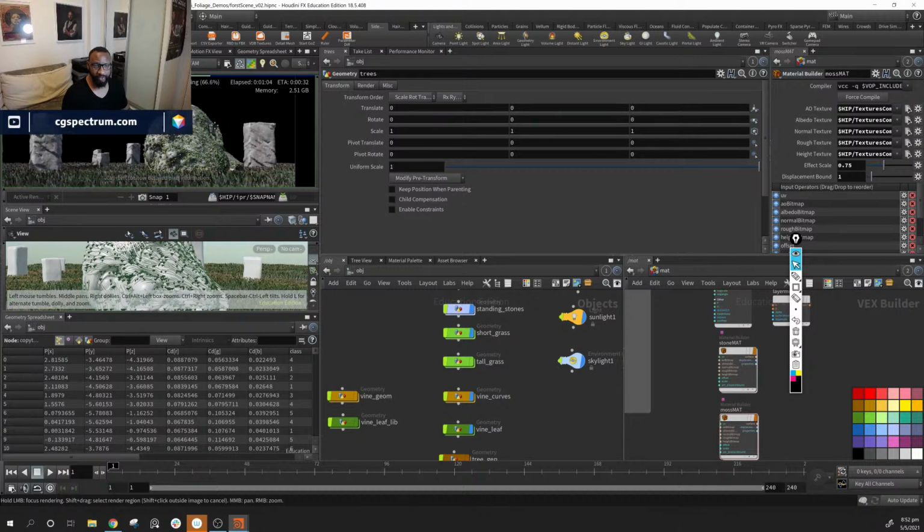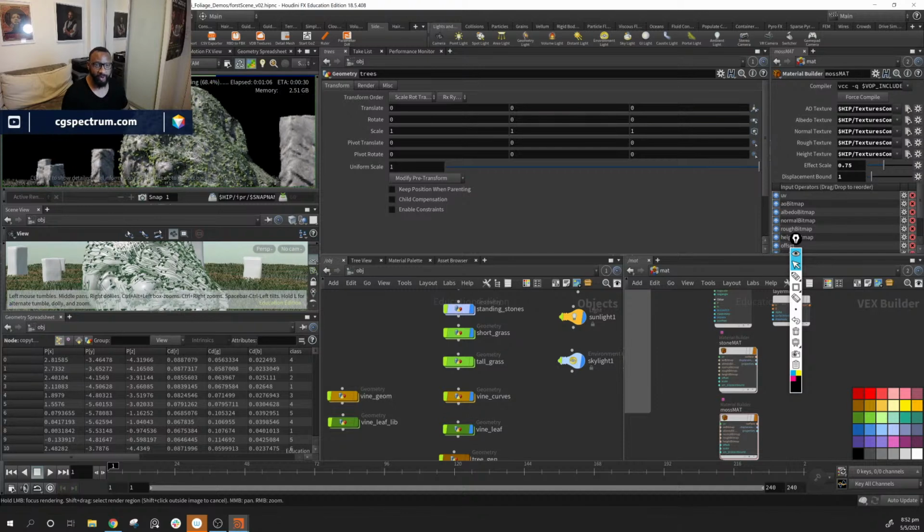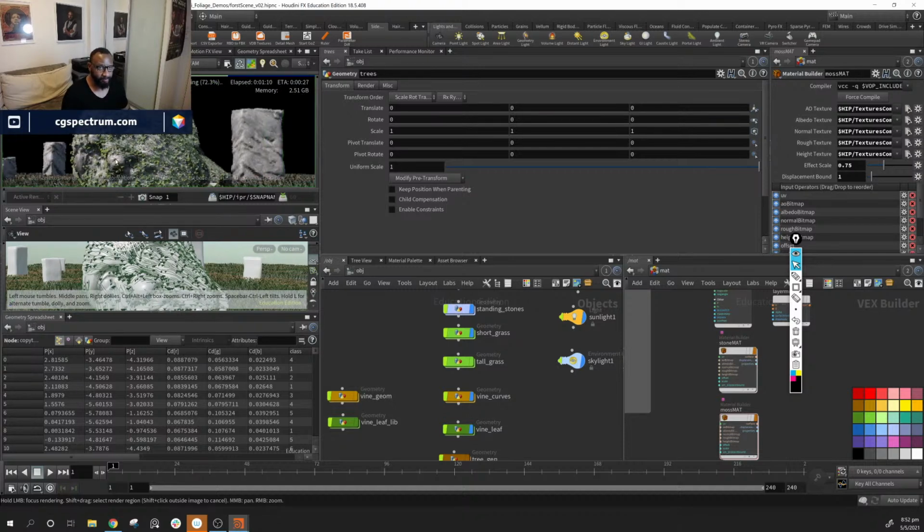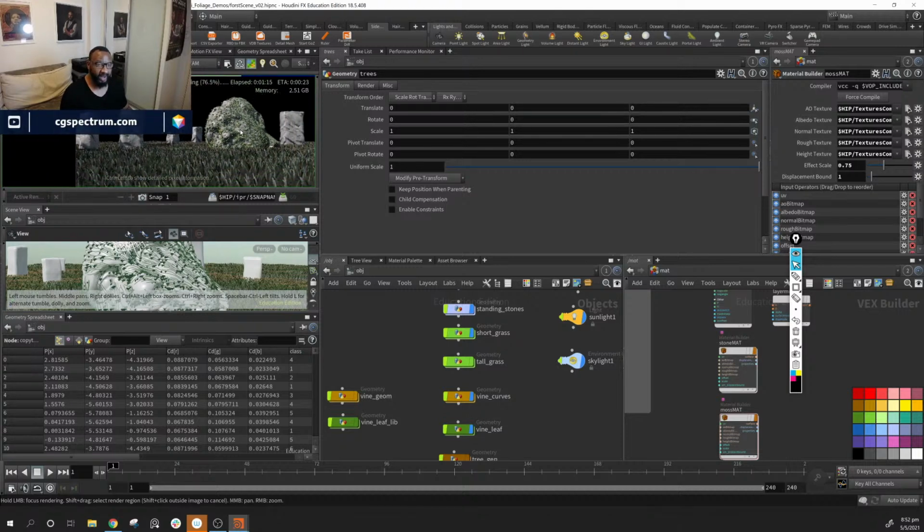Yeah, so I'm really liking where this is going. This looks really good. It's breaking up this kind of perfect head. I'm gonna get some moss in there, so it'll have this kind of upward facing darkness as well. I haven't done anything with my lighting, and I still haven't done anything with my trees or any other types